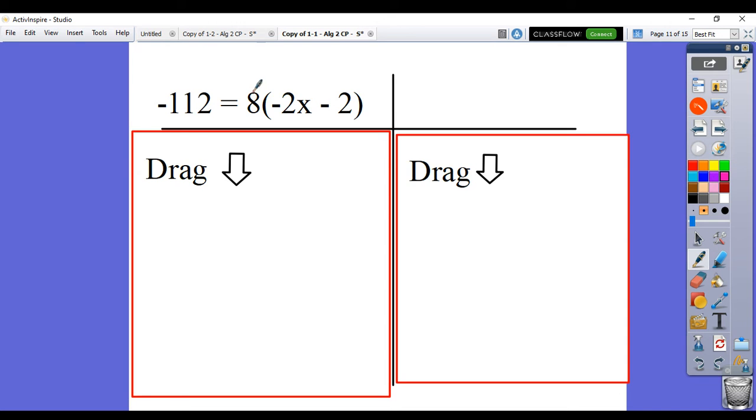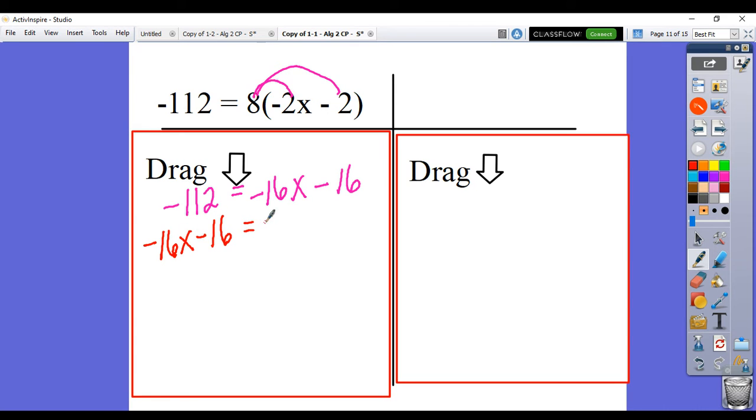So here we're gonna distribute 8 times negative 2 is negative 16x. 8 times negative 2 is going to be negative 16. I'm going to drop the negative 112 here, equal sign. Again, some textbook or some teachers, they would like to have their variable on the left side. So I'm just going to move or flip them all. Negative 16x here minus 16 is equal to negative 112. Okay, so we can combine the like terms here. If we combine the like terms, I'm going to add 16 here, add 16 here,